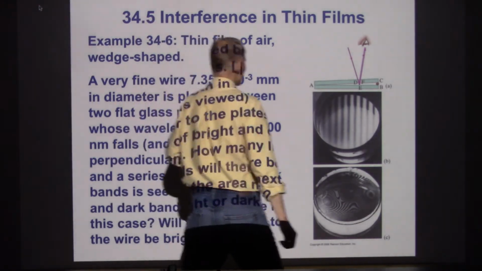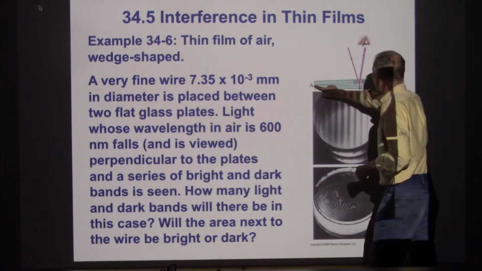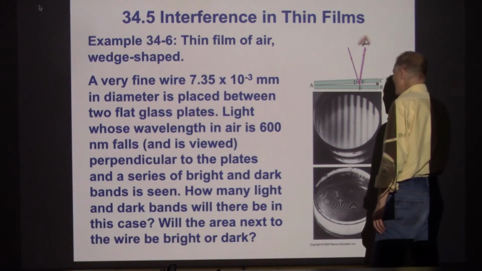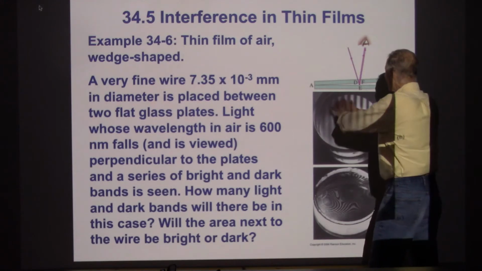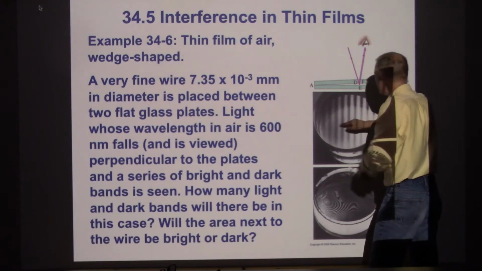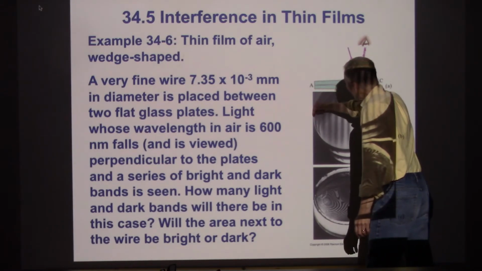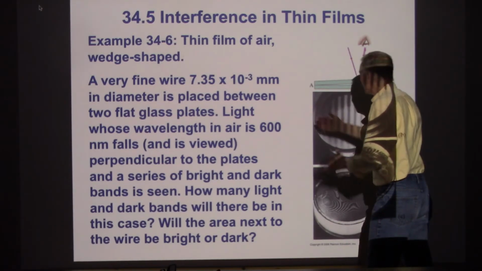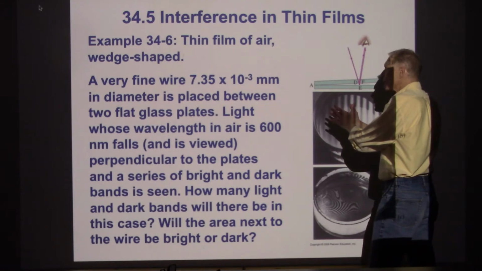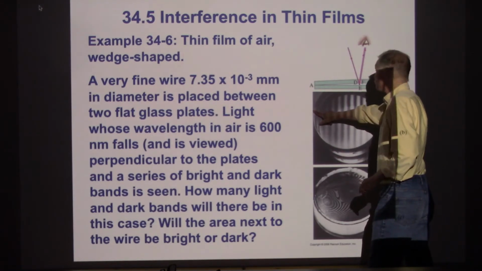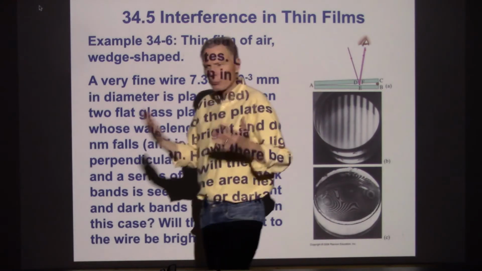So those are the thicknesses of the dark bands. If we start over here at point A, and I have to say, these shouldn't be round, they should be square, rectangular, because the bands are too short over here to see what's going on. But right at the contact point, where they're actually making contact, that should be destructive interference. And the reason for that